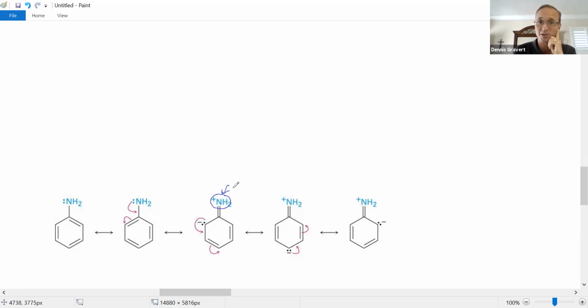This nitrogen in this form is not basic. Oh my goodness, that carbon is though, but this nitrogen is not. So some fraction of the time, the nitrogen is only basic in this form, but not in these 2 forms, compared to